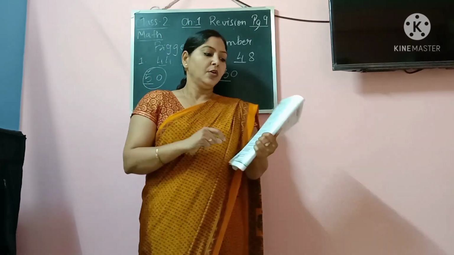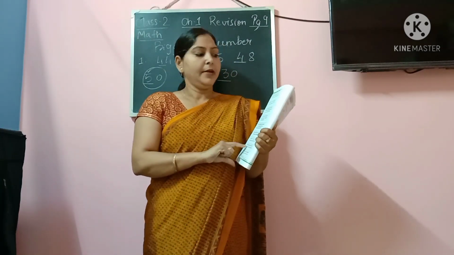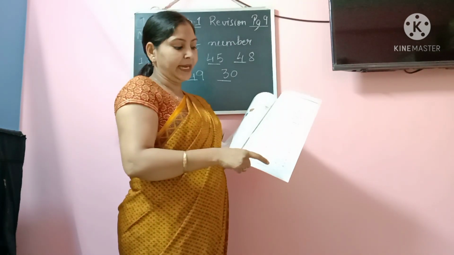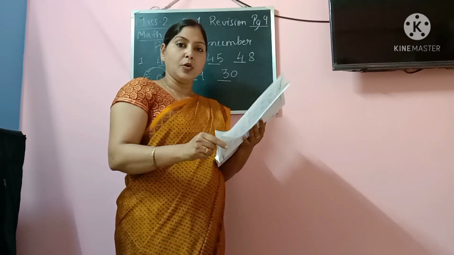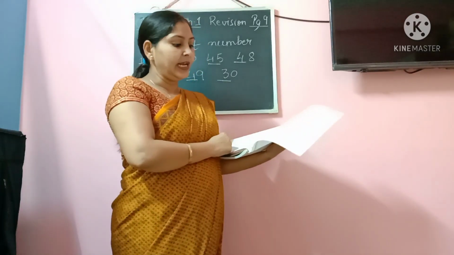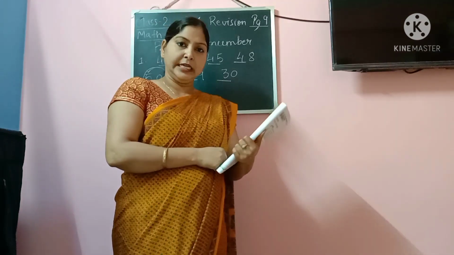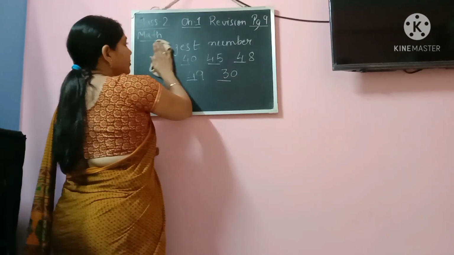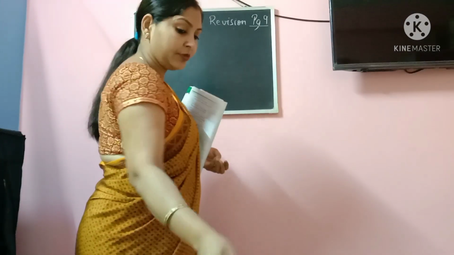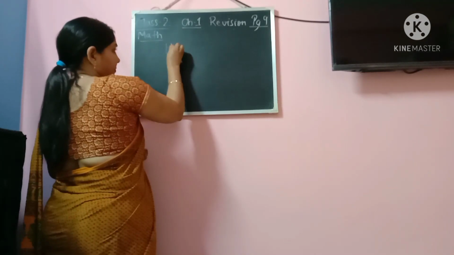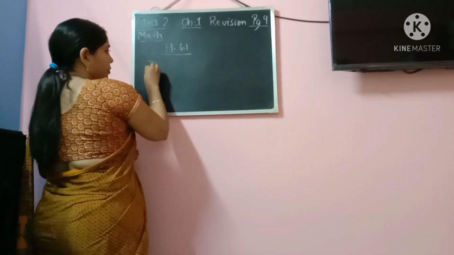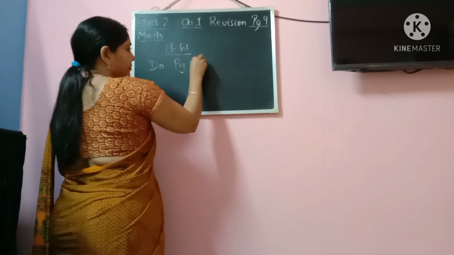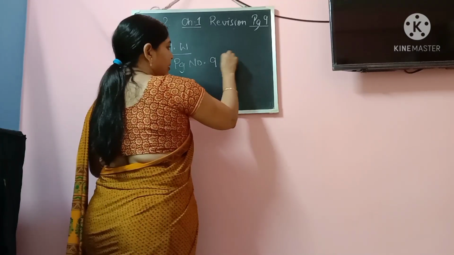Okay, so all these questions you will do in the book only, but from page number 9, the part I told you to do, you will do it in the copy, and the rest, page number 10, 11 and 12, you will do in the book itself. So I am just writing the homework over here, you can note it down. So your homework will be, children, do page number 9 in the copy.